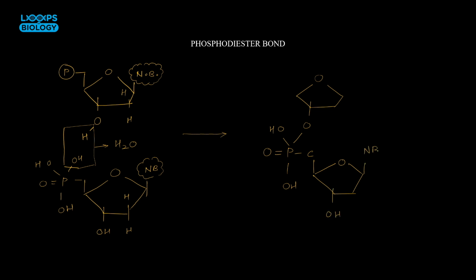There will be nitrogenous bases on 1' of the region. Now the new structure which is formed between the two nucleotides, if this is your nucleotide 1 and this one is nucleotide 2, then the bond which is formed